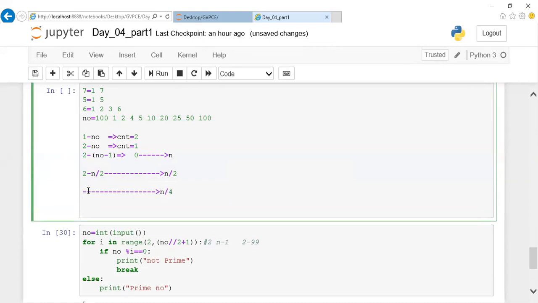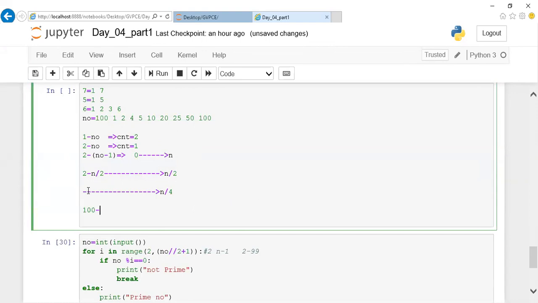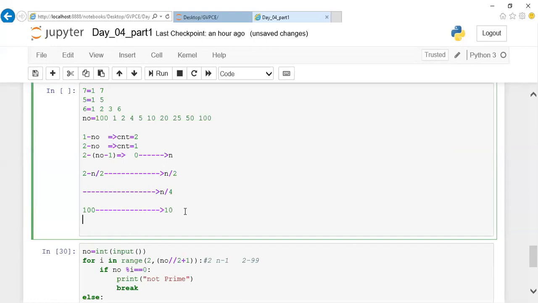That is nothing but, if the number 100 is given, within 10 iterations. Here I've taken 100 for your easy understanding. Whatever logic we are going to see will be applicable for all numbers. So within 10 iterations, I'm going to find whether the given number is prime or not. This is a more optimized way. First I'll explain the logic, then we'll go further. Prakash, I didn't show the exception cases; we are just seeing the prime number logic, then you can add these exception cases.